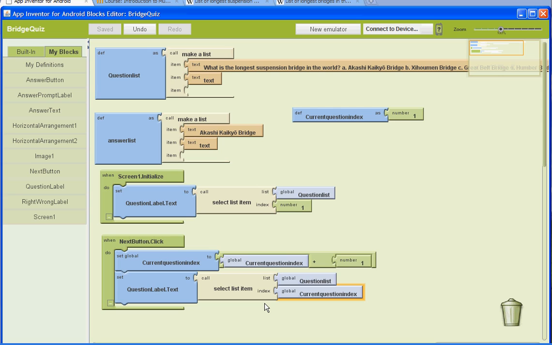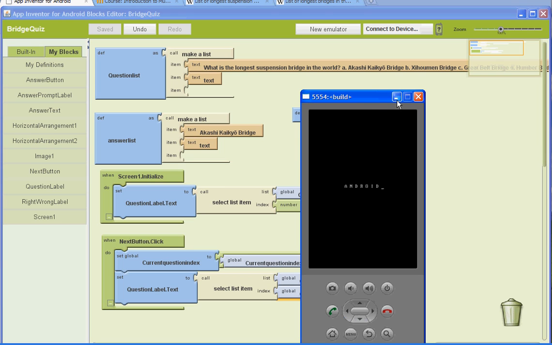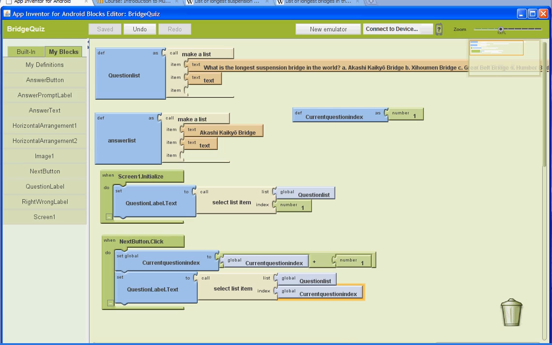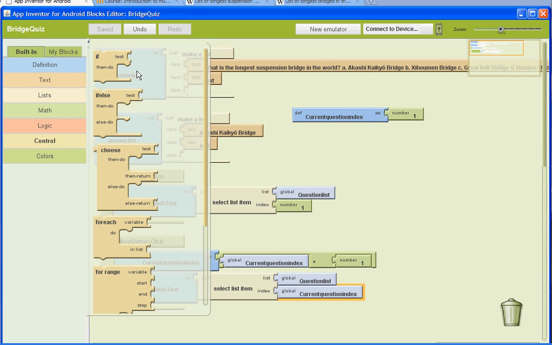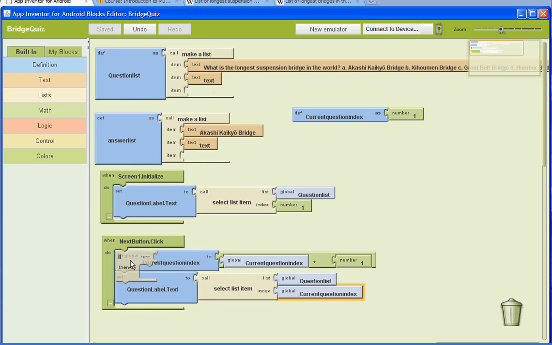The next thing we need to do is we're going to add another control, because basically the reason it died right there is because after the third question it wasn't sure what to do. So let's go to built-in here and go to control, and we need to find the one that says if test then do, and we're going to drag that up to the top here,